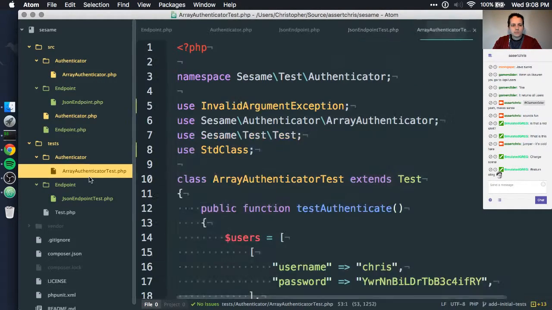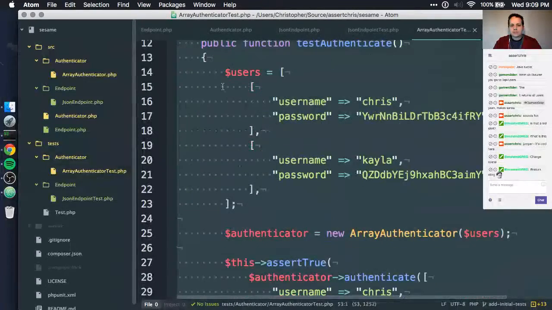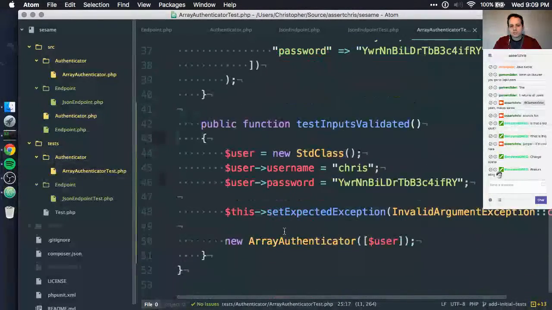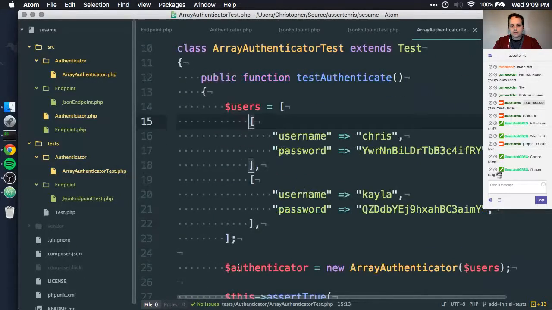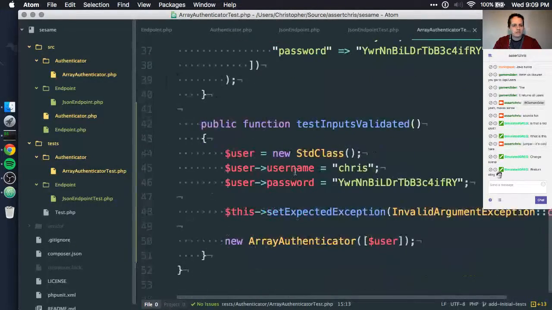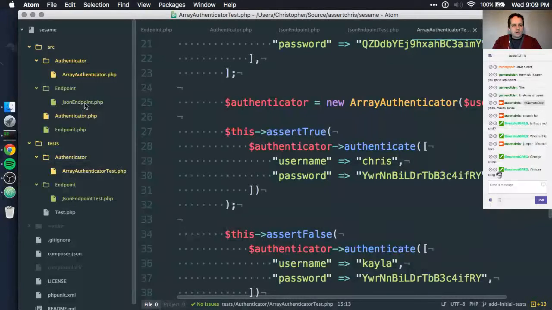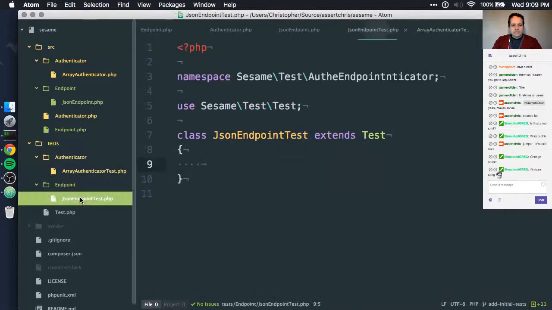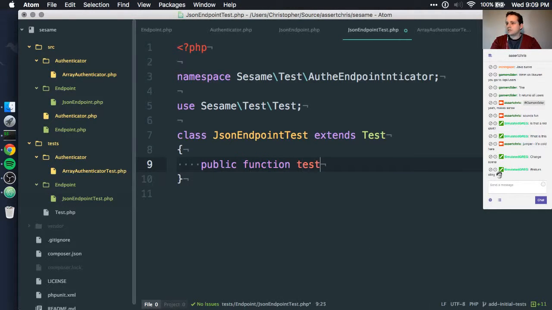Well, let's have a look at what we're doing in the array authenticator test. We're testing authenticate. That seems fine. So we're testing authenticate and then we're testing some validation over here. Well, let's test for it like this. Let's say public function test... what are we testing?